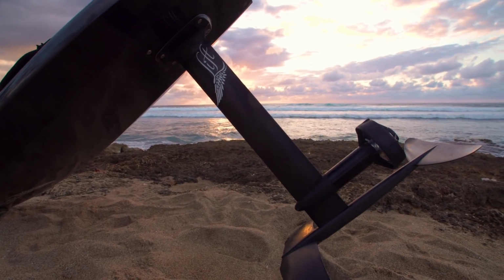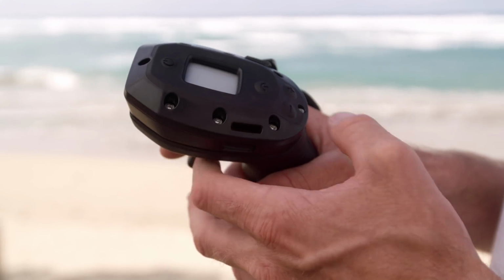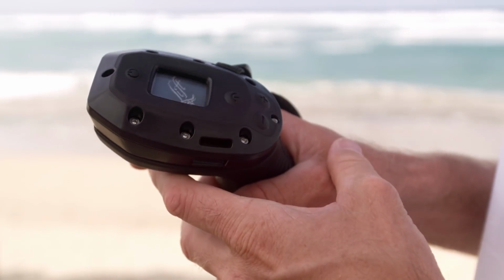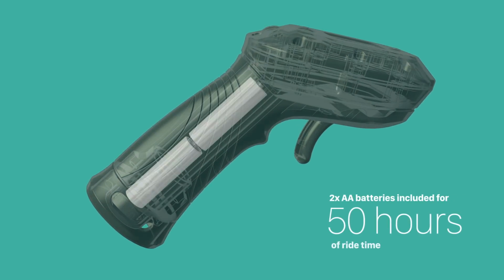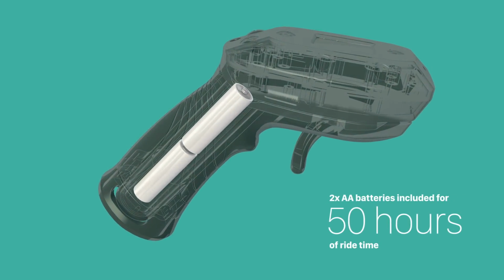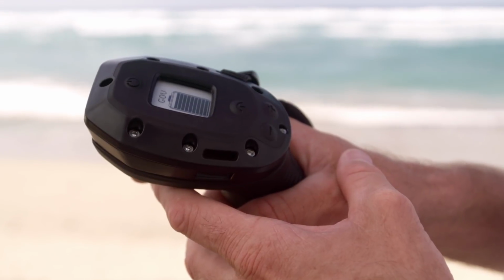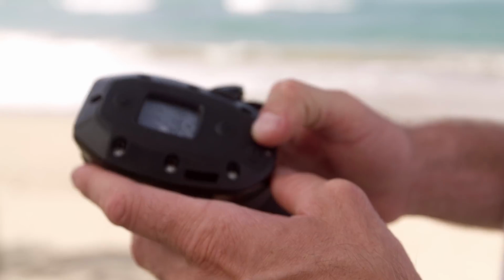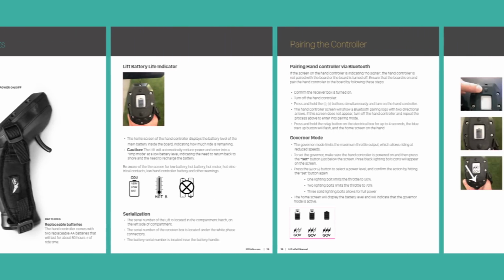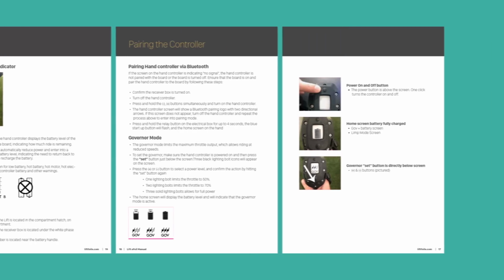Let's get to know the features of your hand controller. The power button is above the screen. One click turns it on or off. Your controller is already equipped with fresh AA batteries that will last for 50 hours of ride time. The home screen of the hand controller displays the battery level of your lift, indicating how much ride time you have remaining. The operational details of your hand controller can be found in your owner's manual, but let's review the